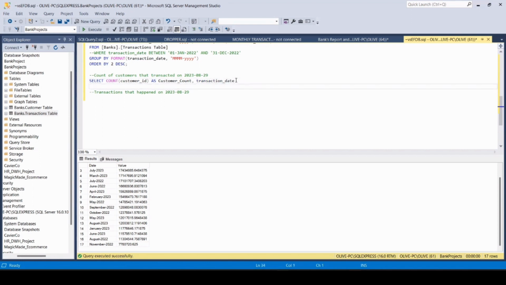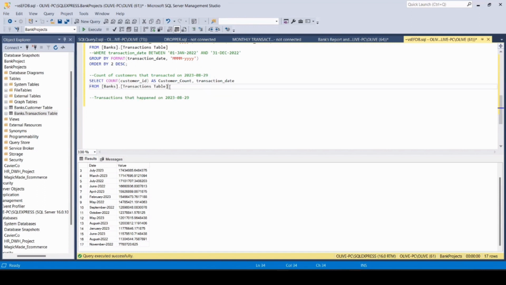The next thing we want to do is we want to count from a particular table. So what table are we counting from? Our start table, which is the transaction table. So let's just copy this and paste it right here. Now, the next thing we're going to do is, now we've selected this from this particular table. God, I did not put the from statement. Okay, from this particular table,